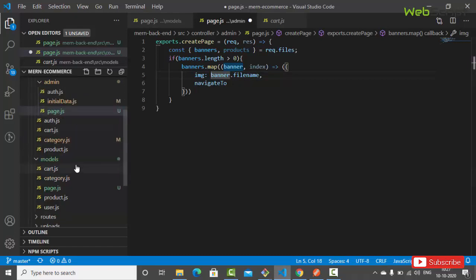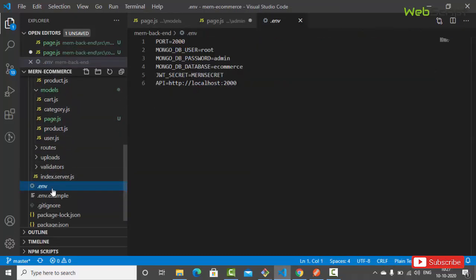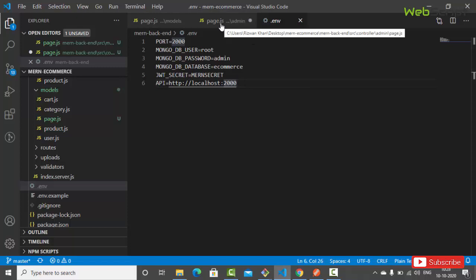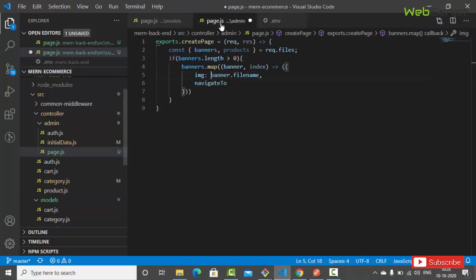So you can go to your env file and verify, and we have some API that is localhost 2000. Okay, that is fine, localhost 2000, save, and that is fine, right? That is the API,